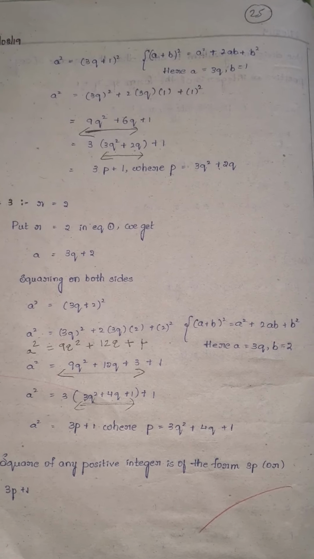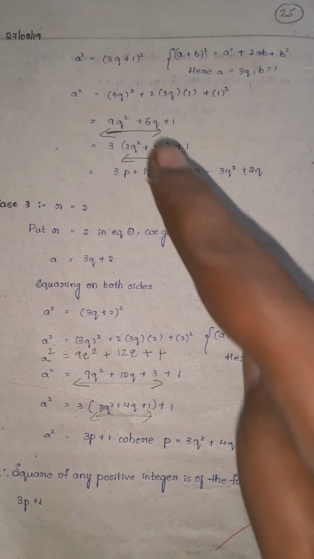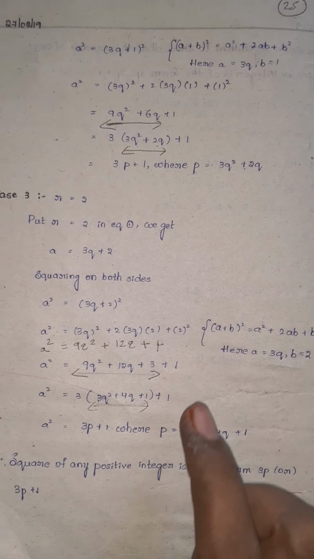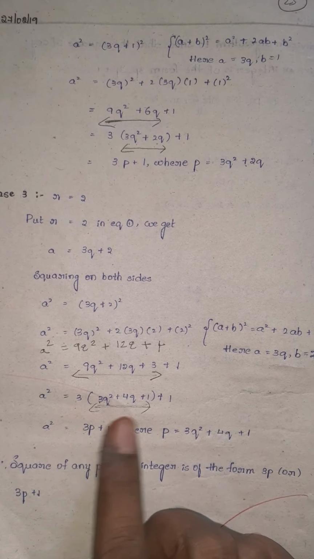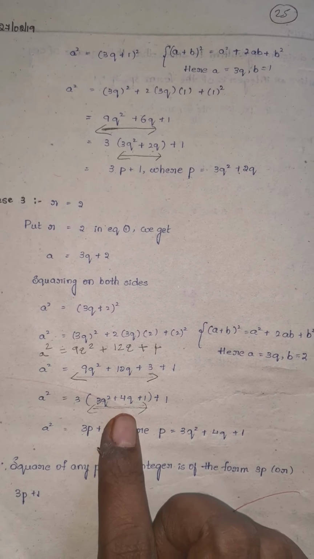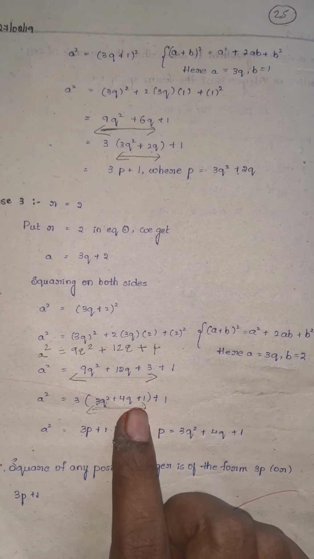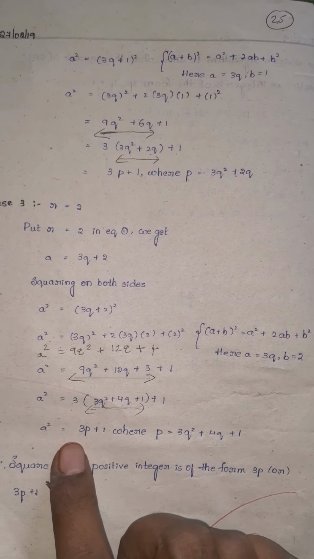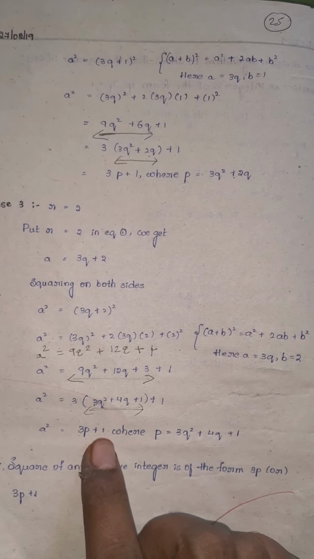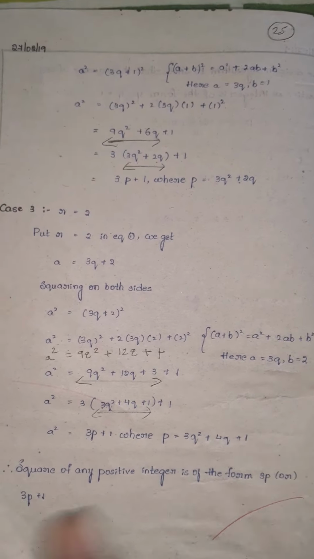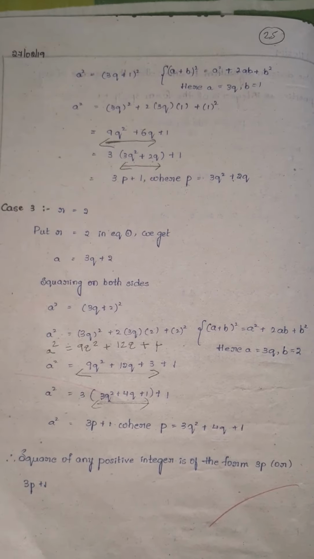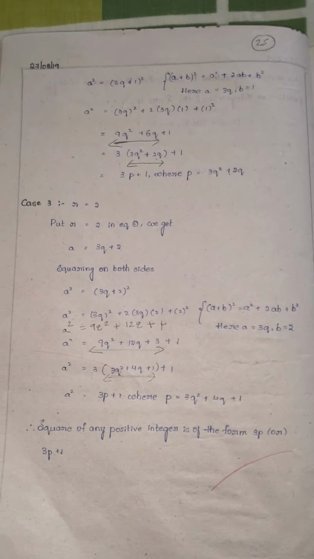3p plus 0 means 3p, that's why I wrote remainder 0, or 3p plus 1. So 4 is the constant here, and this 4 can be written as 3 plus 1. In the first 3 terms take 3 common. In 3 table 9 goes 3 times, q square as it is. 12 goes 4 times, q as it is. 3 goes 1 time, plus 1. Write this 3 as it is. In place of 3q square plus 4q plus 1, write p, where p is equal to 3q square plus 4q plus 1, so we get 3p plus 1. So the square of any positive integer is of the form 3p or 3p plus 1. The remaining problems I will tell in the next session.